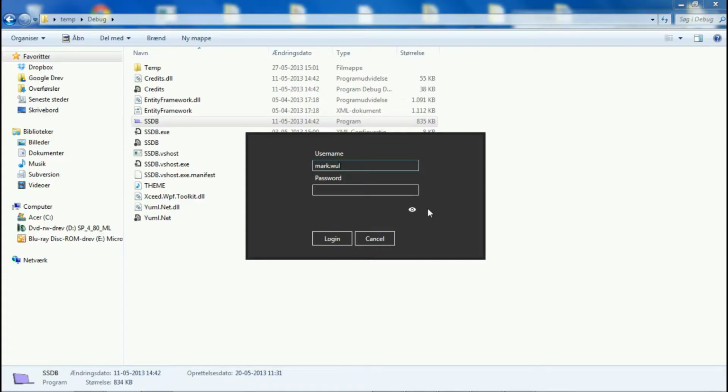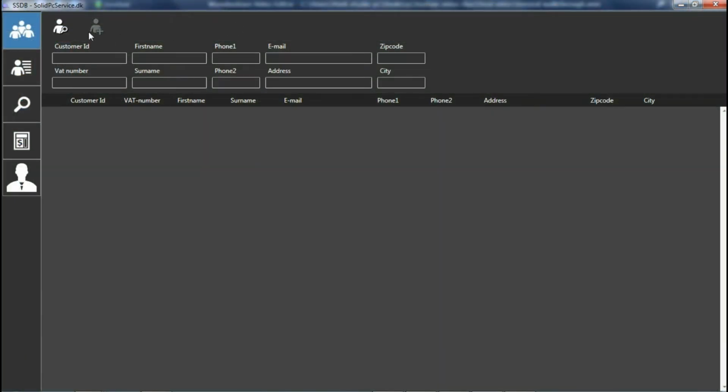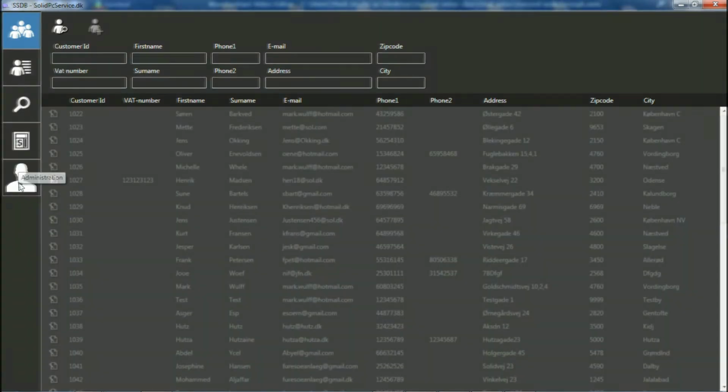Launching the application will present a login screen where the user is required to enter valid user credentials. Optionally, the user can choose to change the connection settings, allowing to connect to an alternate database. After a successful login, the main window is displayed. The vertical tab on the left presents 5 distinct windows, each supporting specific features.